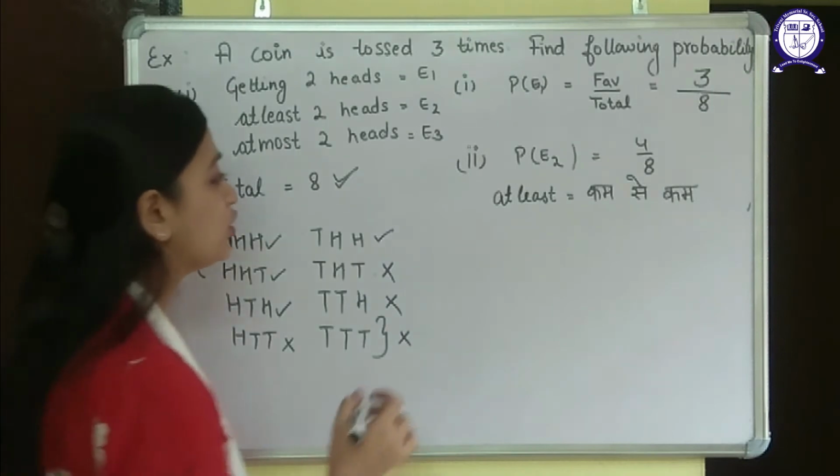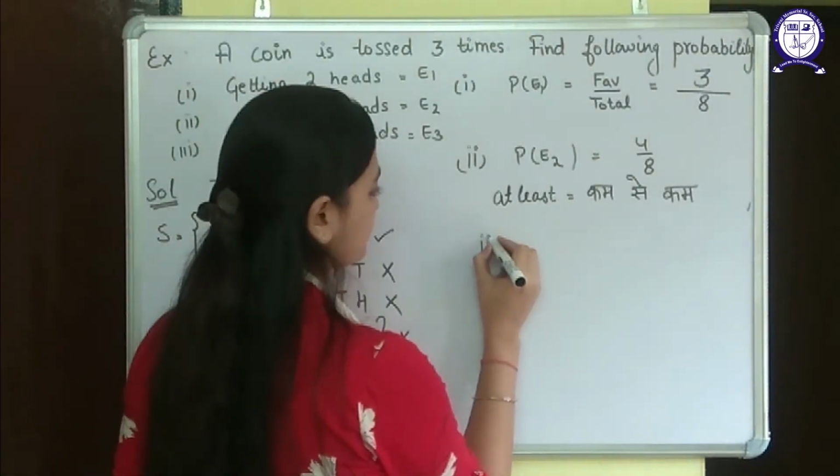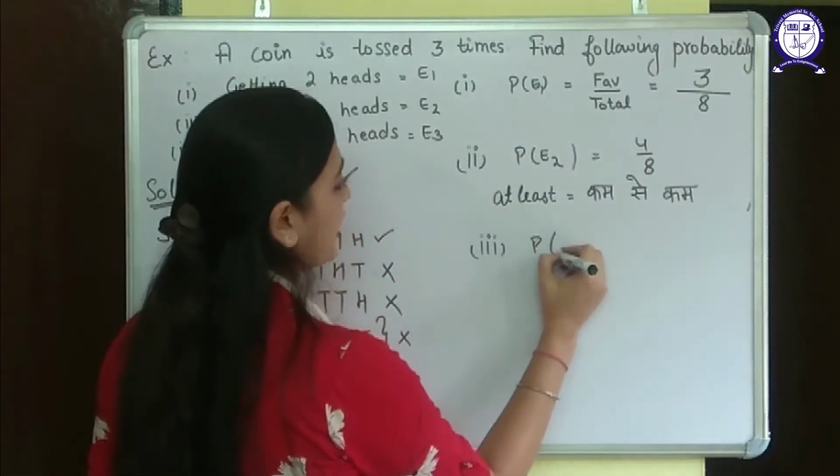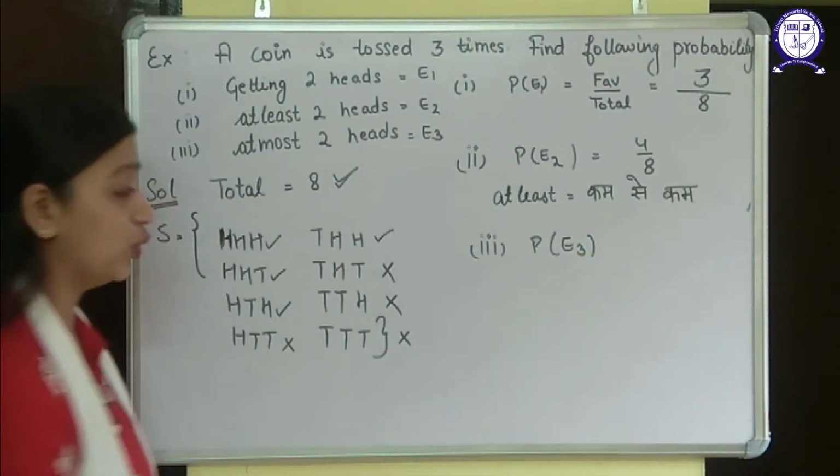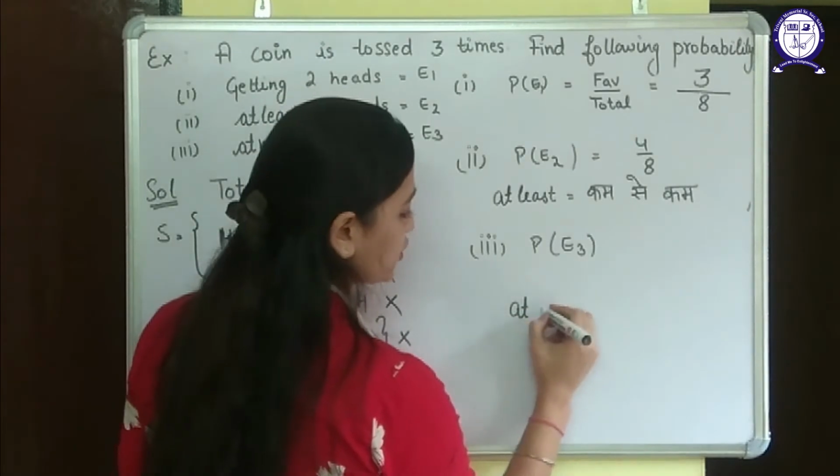Okay. Now coming to the third part. Third part says at most 2 heads. Now what is at most? Okay, at most